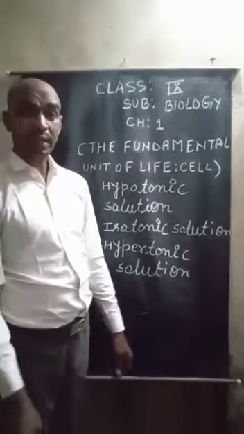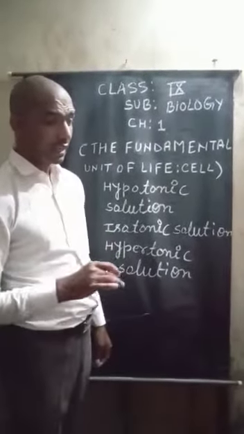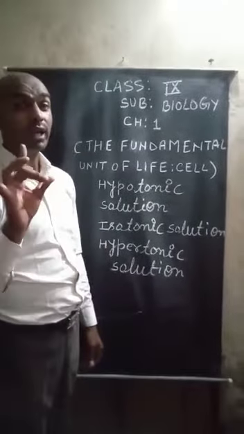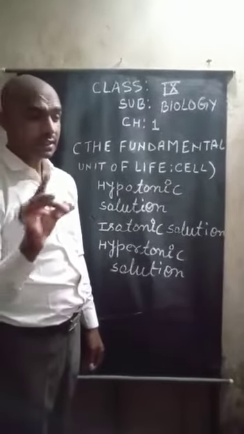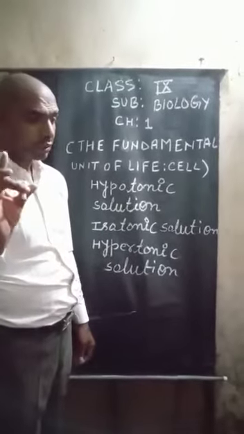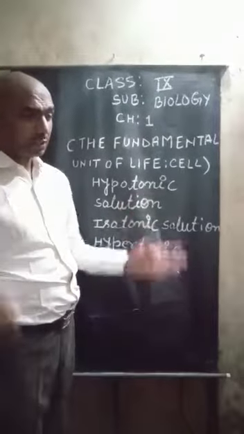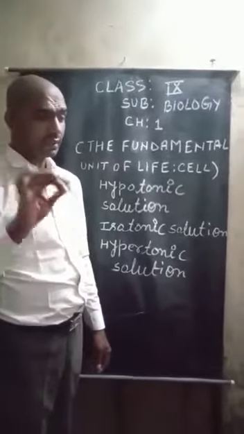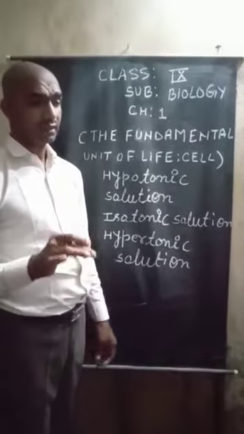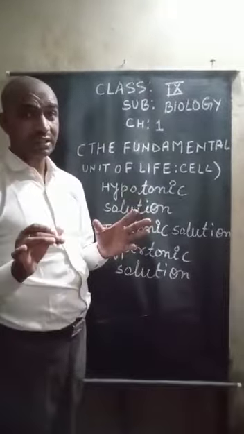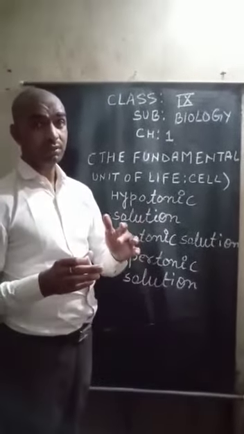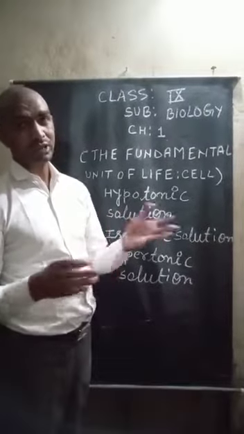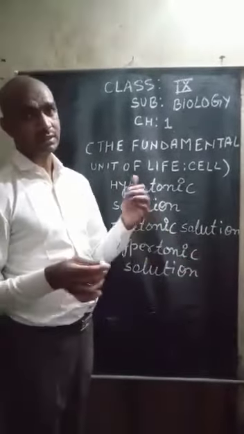In case of plants, swollen cells are called turgid cells. Then what are turgid cells? Swollen cells are called turgid cells. Due to swelling, a turgor pressure develops and entry of water into the plant cells is restricted. That means in the case of a turgid cell, entry of water molecules is restricted.